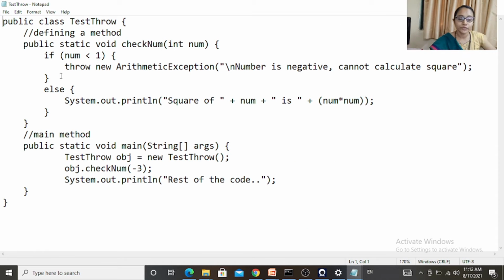Now what is the use of throw keyword? The throw keyword is used to handle explicit exception. That is, the throw keyword is written within a method or within a block. So whenever a user knows that some kind of exception is going to happen, then that exception is thrown using throw keyword. As we can see in this example,